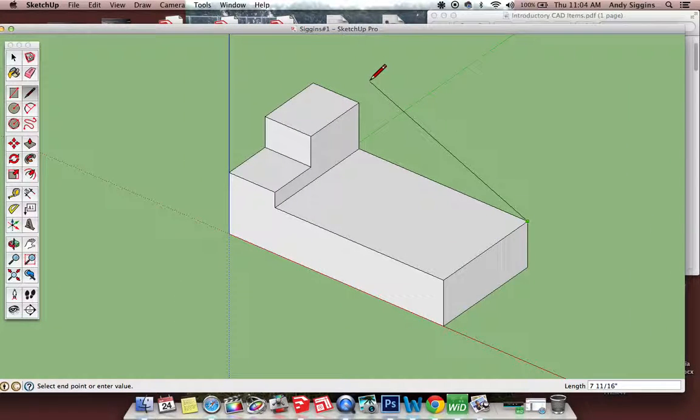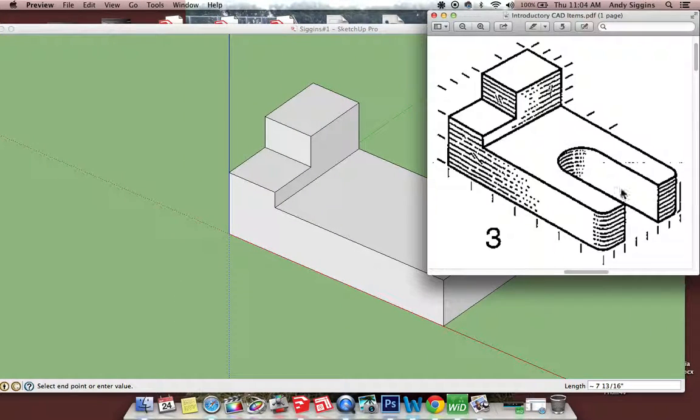All right, in order to complete item number 3, you need to take a look at this and determine where this curved portion is going to go. There's also external curves that we'll deal with in a second quick video. But on either side, we know we got 1 inch of material that remains, and the center portion is being